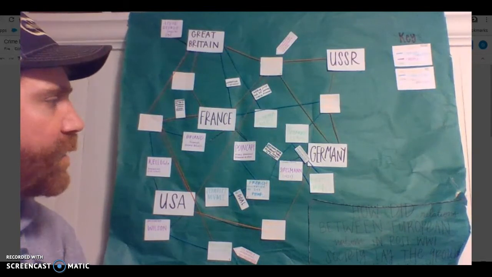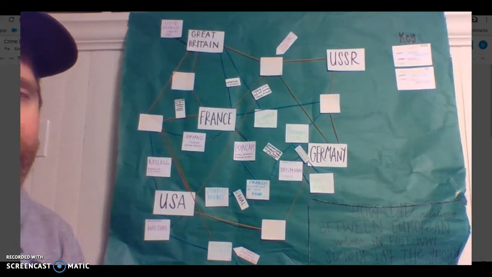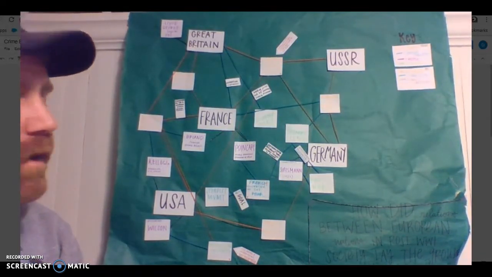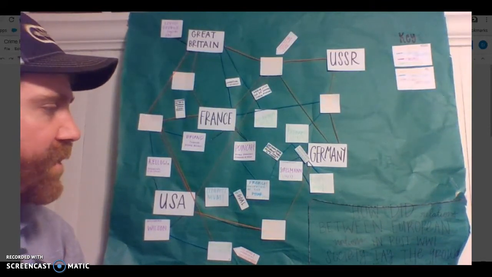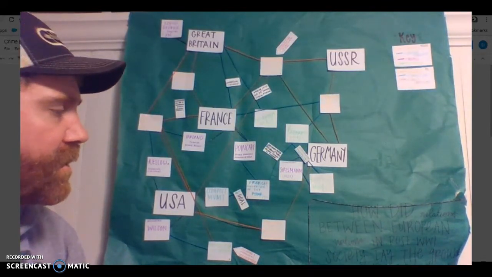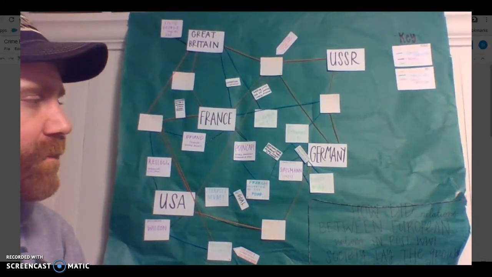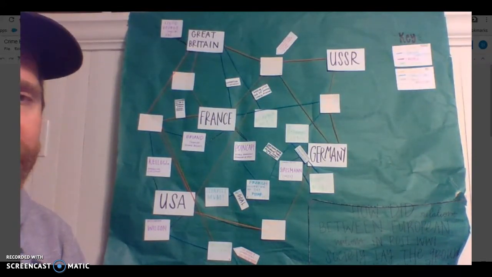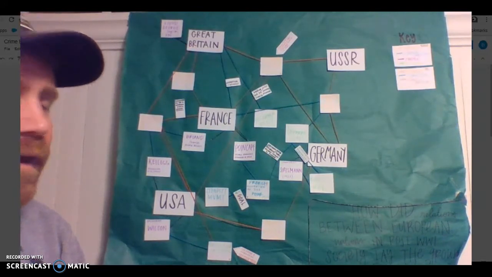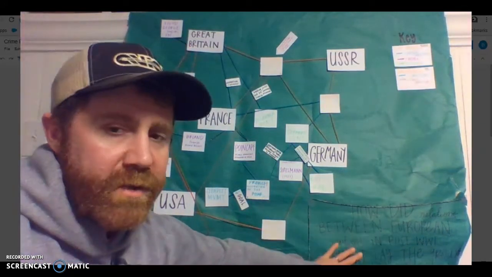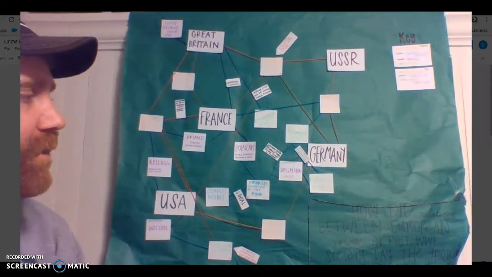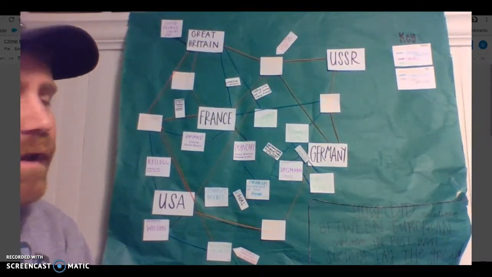All right, so what I would do is, in your groups, I would take this example and use it as a model or a template for how you want your crime board to look. This was something that my seniors did, dealing with the years in between World War I and World War II. And so this is something that you can do in a similar fashion. I would write down the question somewhere on this paper. They wrote it down in the bottom right-hand corner.